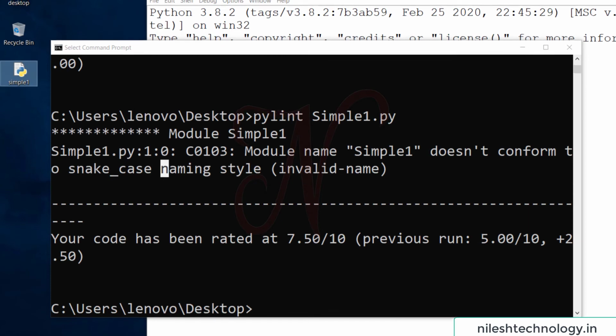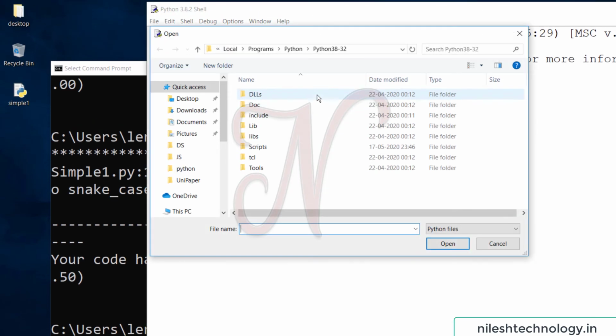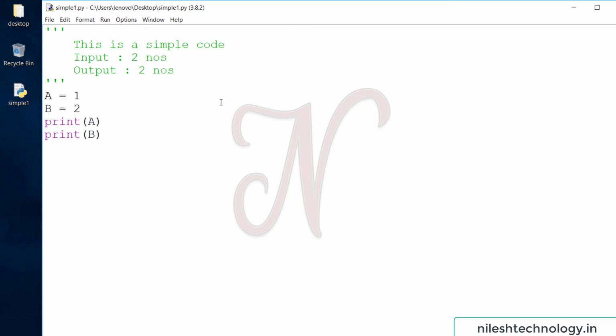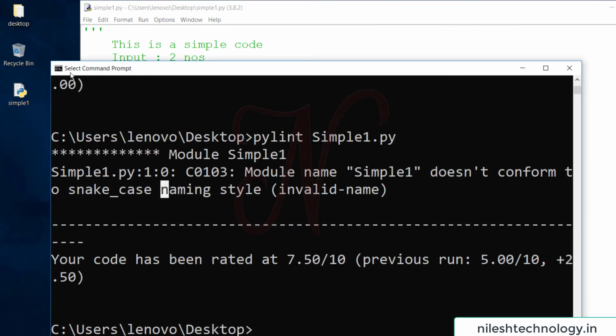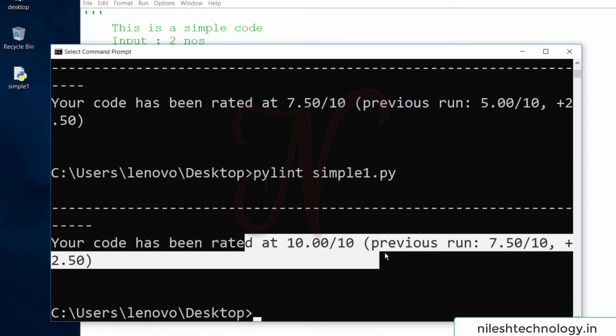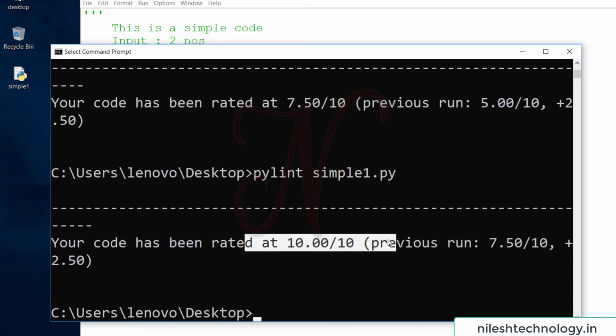Again open this file from the desktop. Now we run pylint on this file again. Now my file name has a small s. See here, 10 out of 10. So this is your proper code. Your rating is 10 out of 10.